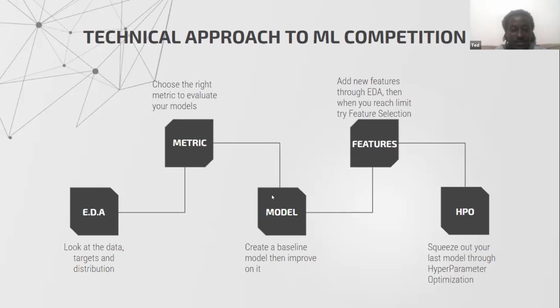After you've split your data, you create a model. You initialize your first model. Your first model should be a